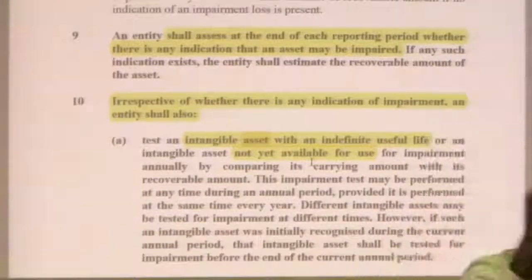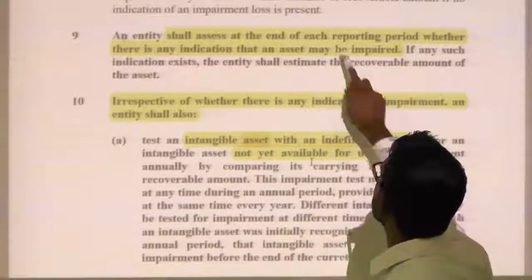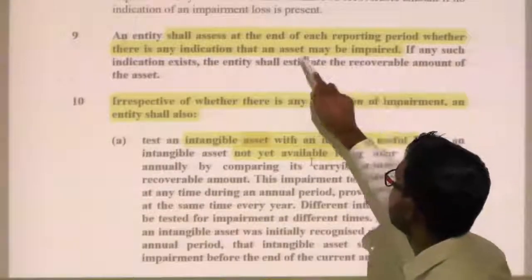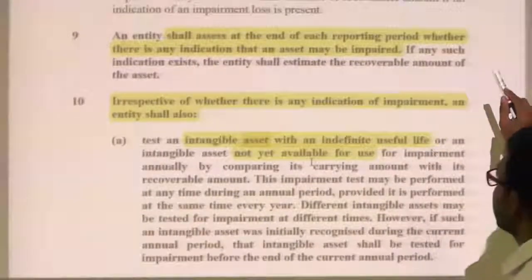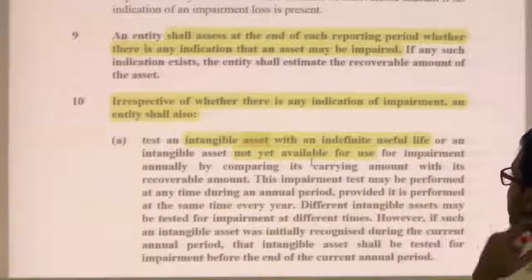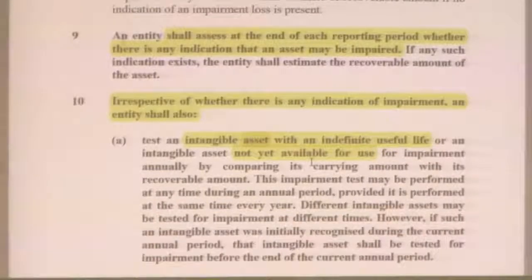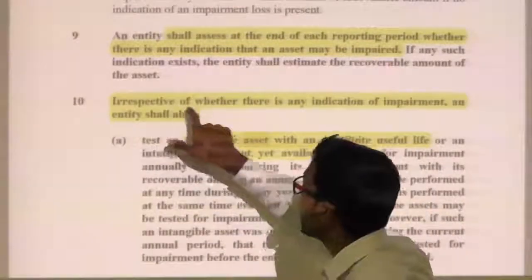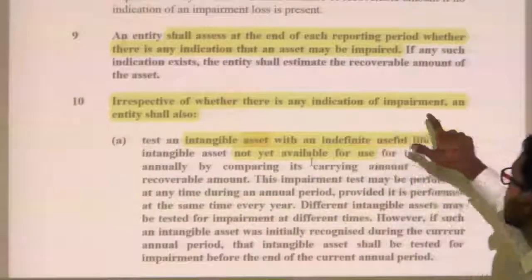If there is any internal or external evidence that we discussed, at the end of each reporting period you have to test for impairment, right? Whether there is any indication that the asset has been impaired. If any such indicator exists, the entity shall estimate the recoverable amount of that asset, right? Paragraph 10 is the important thing. Irrespective of whether there is indication of impairment